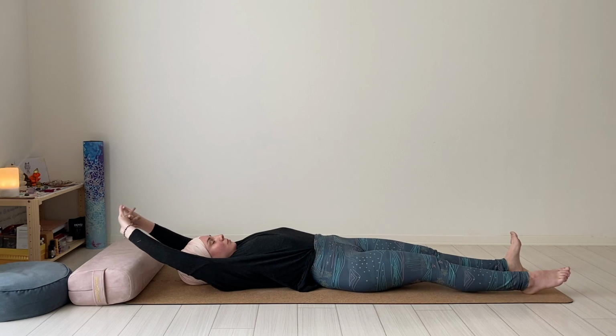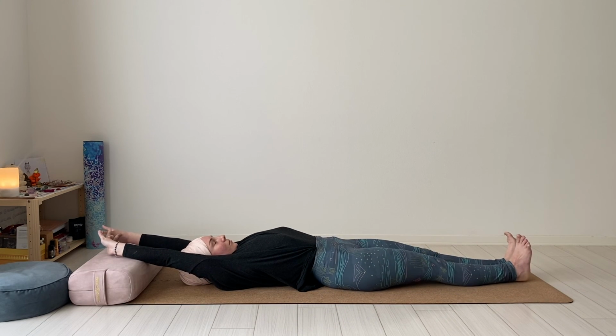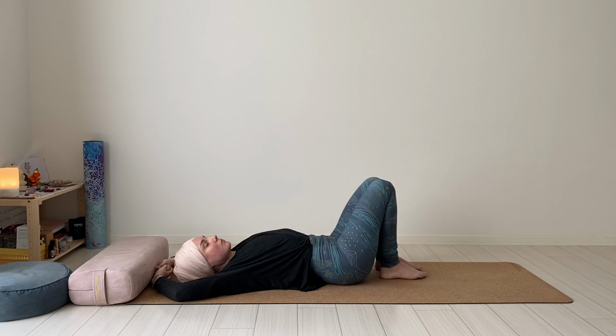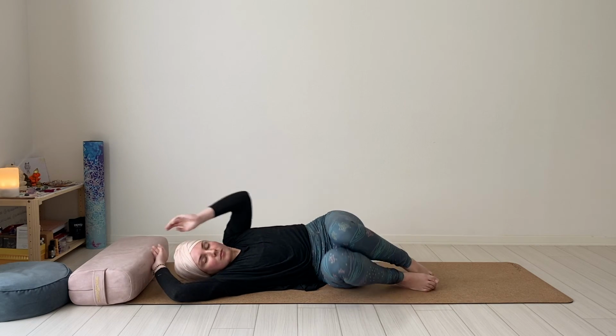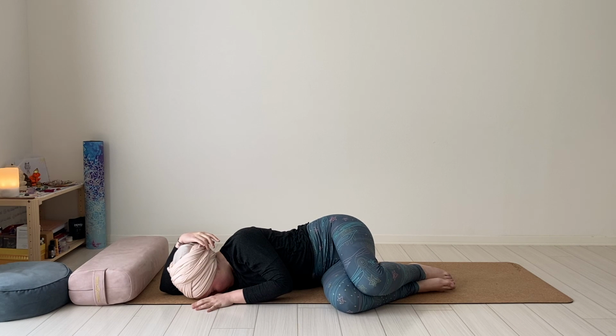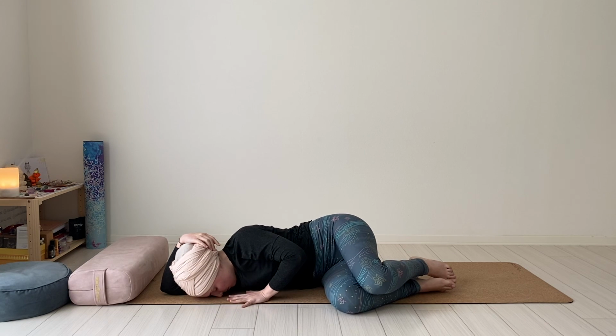Raise your arms above your head, bring your feet together and give yourself a nice stretch. As you exhale, release and bend the knees. Roll to the right side on your mat. You can rest here for a moment, and whenever you are ready,